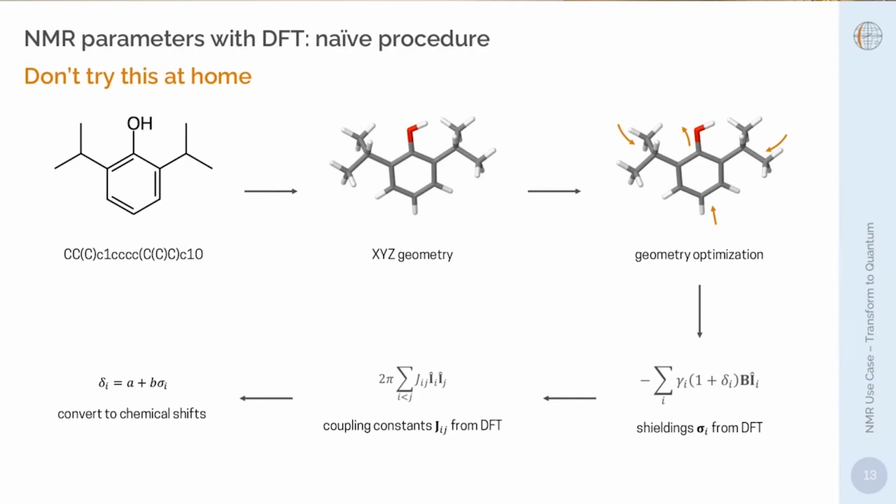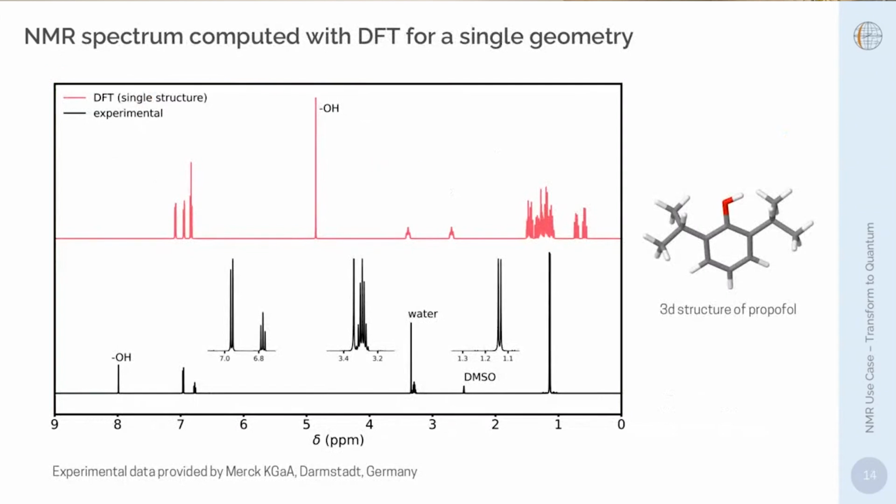This comes with a cautionary warning that maybe this isn't something that you should do normally. The reason why is something that you can see here. At the bottom you see the experimental spectrum. At the top you see the predicted spectrum. First the predicted parameters are computed, and they are used to simulate the spectrum with the HQS tool. The result is really, really bad. The reason isn't density functional theory, for those who might assume. The reason is completely different. The reason is that you're not actually describing the right problem,